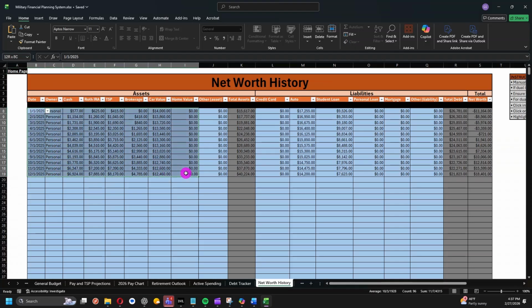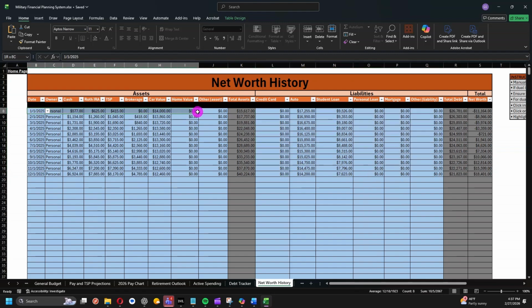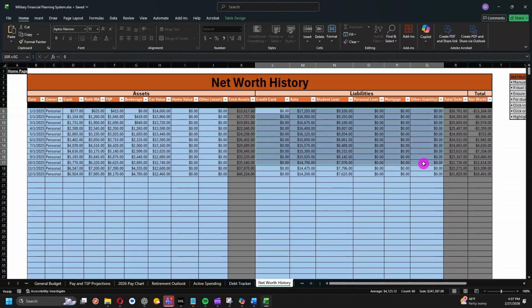This looks like a lot of data. I'll say first, it looks like a lot of data, but you're only going to put in one row a month at a time. So it really doesn't take that much time. This is an example of an entire year of doing this, so this is not going to be all at once. You're going to start with the date that you record it, whether or not it's you or your spouse